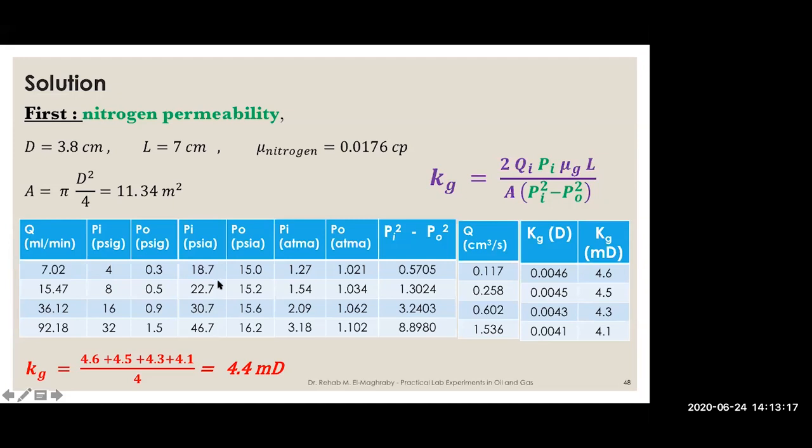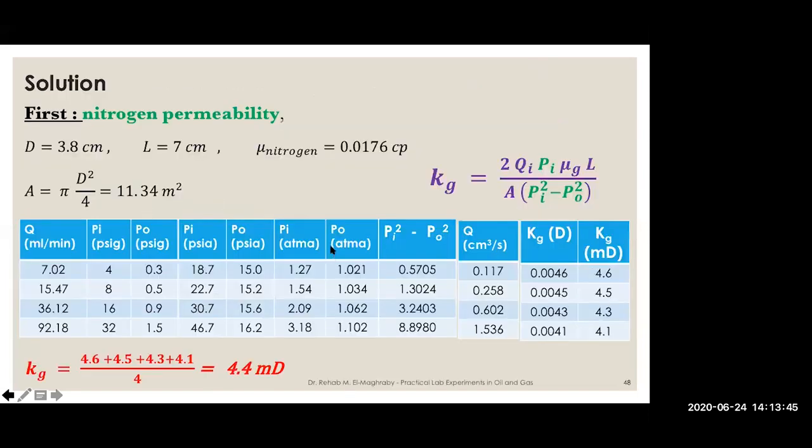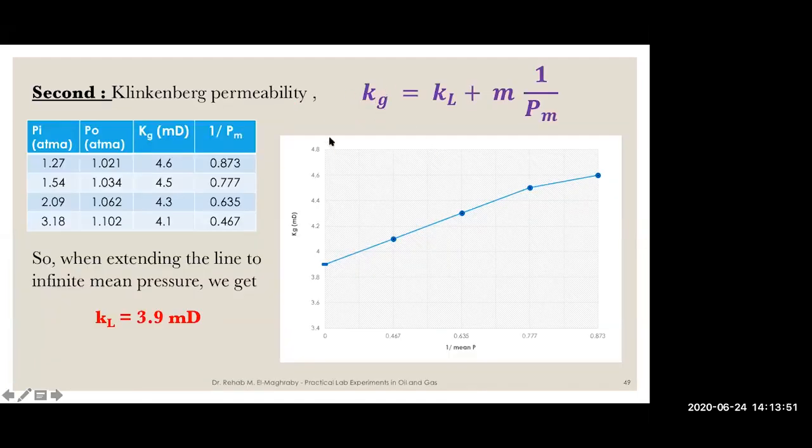So what about the Klinkenberg effect? We have the initial pressure and the exit pressure. We can calculate the inverse of the mean pressure, which is the initial pressure plus the exit pressure over 2, and then we invert it, so we get this column. We already have the permeability from before. So we can plot the inverse of the mean pressure on the x-axis